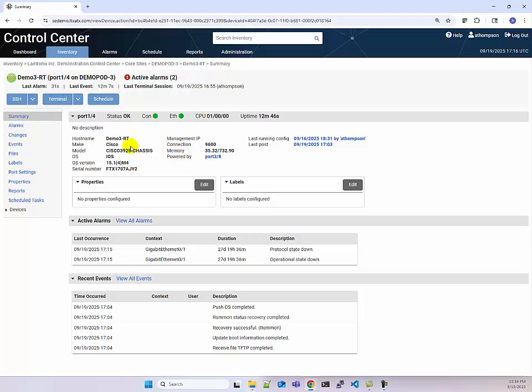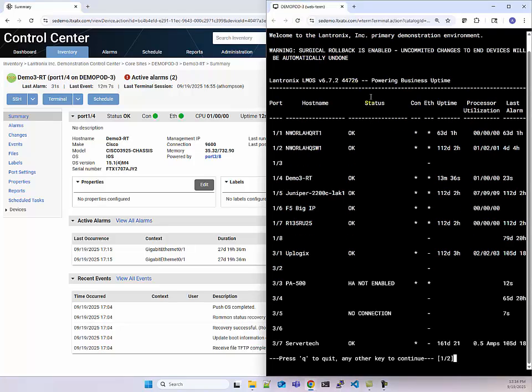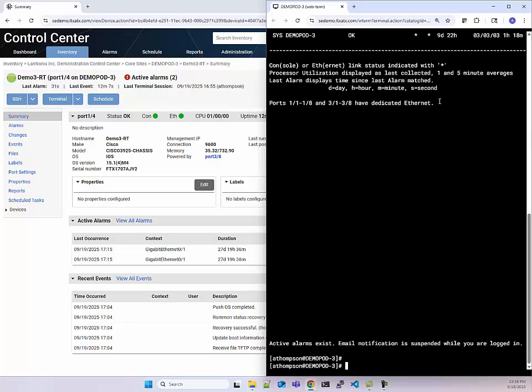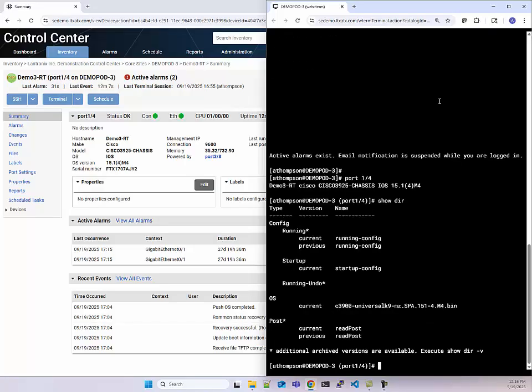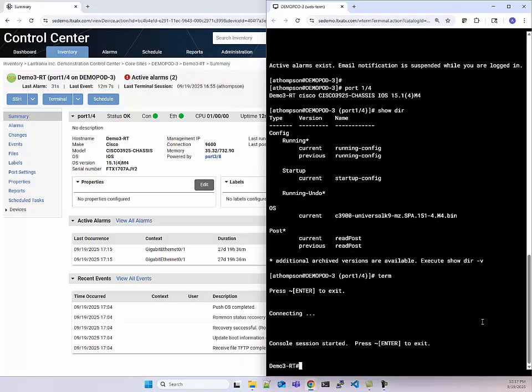We're going to go ahead and log into this device. This is a 3925, and as you can see, we are monitoring its status. We're gathering things like CPU, memory, host name, and serial number. We're going to go ahead and log into the local manager itself and get a quick dashboard view of our devices, and we're going to go to port 14 where this router is. And again, each port on the local manager gets its own directory for file backups. And in addition to the running config and the startup config, we have a backup of the OS image for this router. So to go ahead and simulate an outage, we're going to terminal on in, and we're going to go ahead and delete that image.